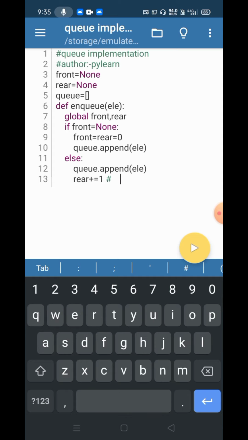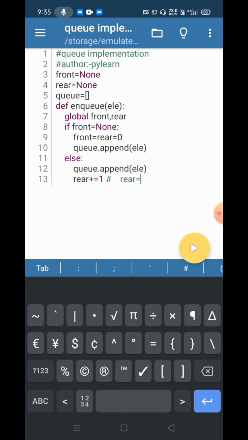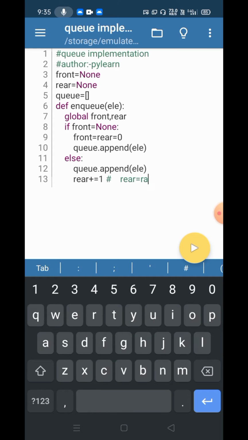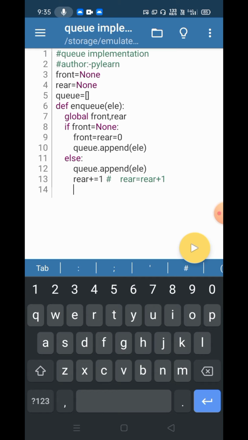We know what the meaning of this is. Here it means rear equals rear plus 1. This is the actual meaning of this simple statement.